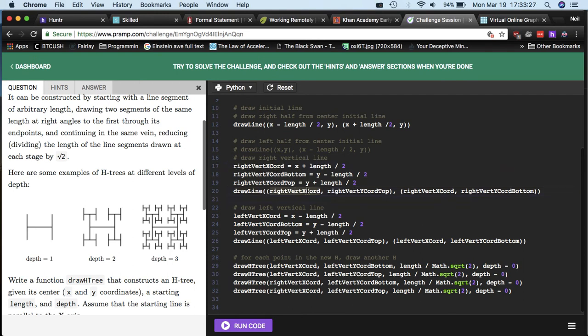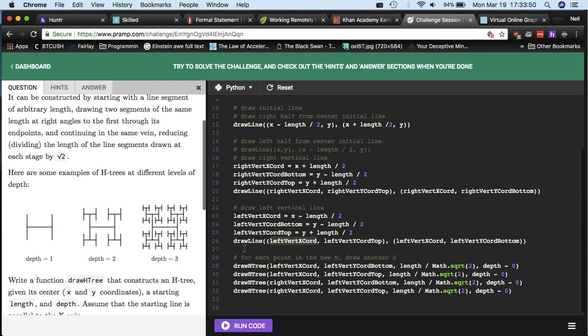So this right coordinate is here, because that's going to be fixed, because you start from this point essentially. And you want to draw from up here to up here. And that's what this line is kind of doing. So draw from the top to the bottom. And then on the left side, do the same thing. Draw from the top to the bottom. And then you're done